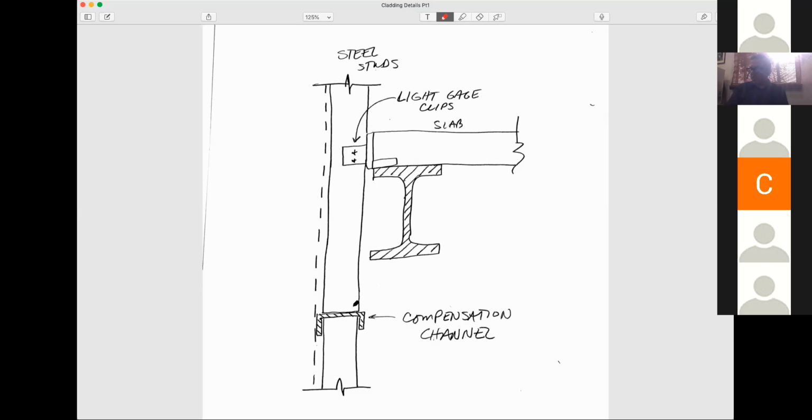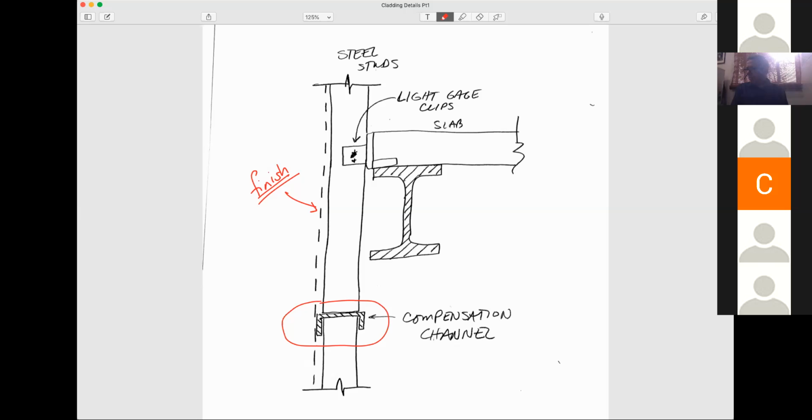And we still have a compensation channel. It's just that the location of it is in quite a different spot. And so then on the outside, you still have the finish of your building. So this is obviously not something you would do if you're going to have a masonry finish holding it, but if you had something that was going to be a lot more lightweight. So both of those would be options, and really it would just depend on the exterior system of the building,